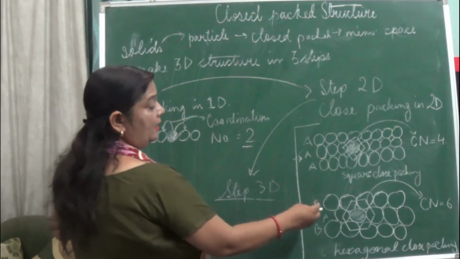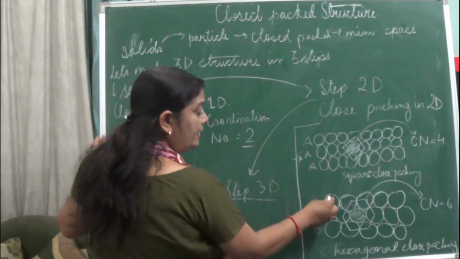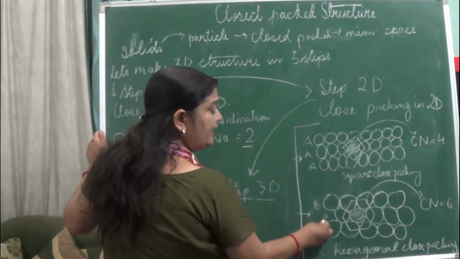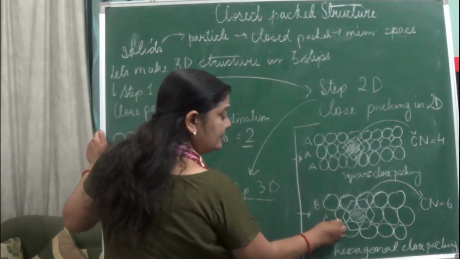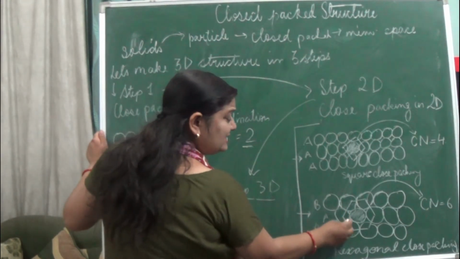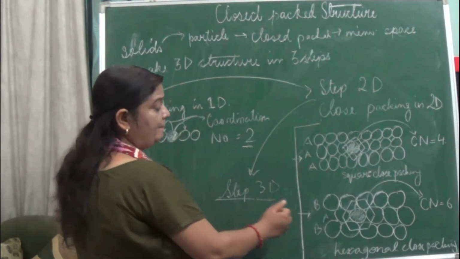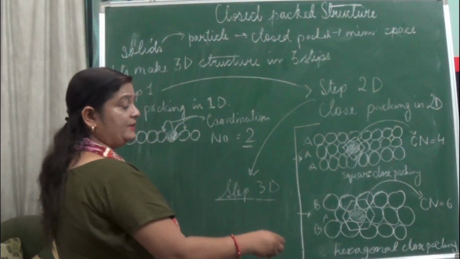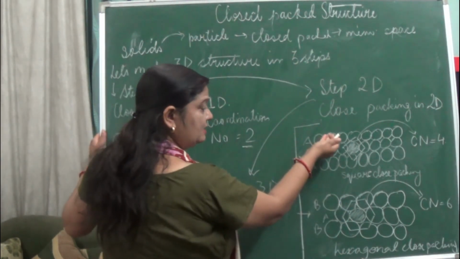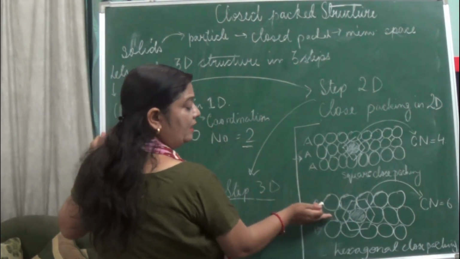Now this is also a 2D structure. Here we have arranged the atoms in layers, but the layering is a bit different. You can see one layer has been arranged, and the next layer starts in this area, not from here, from here. So just the arrangement of the layers has been shifted. The atoms are the same, but we have arranged layer after layer, and here we have shifted the atoms over in the middle section.